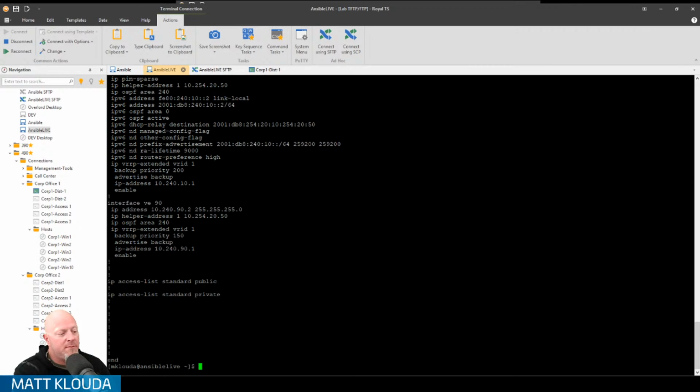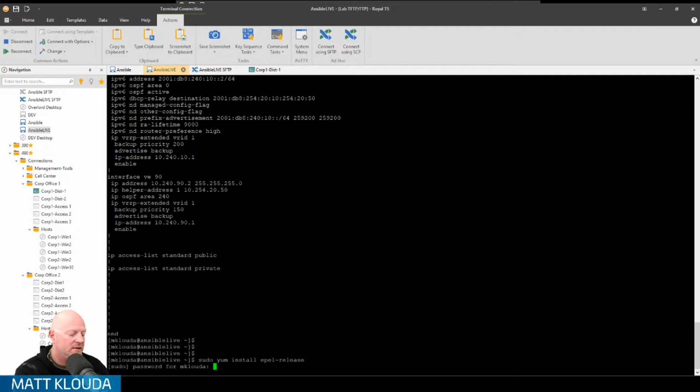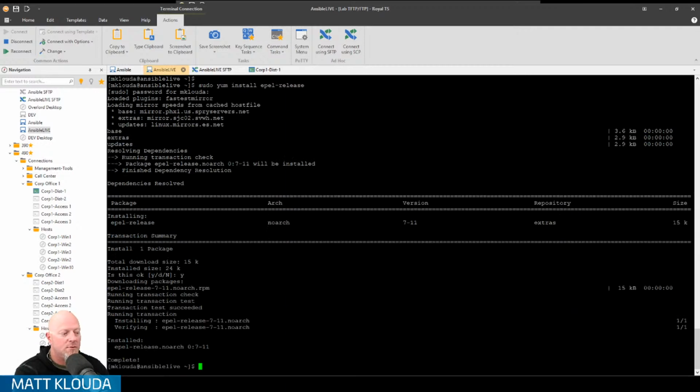So, all right, let's do this. Let's get this installed. I'm going to miss sudo commands all the time because that's what I do. But let's go ahead and do it. So first thing we need to do is get the EPEL release pulled in, because if you try to do a yum install Ansible, it won't show up. So we have to update that package and then just...